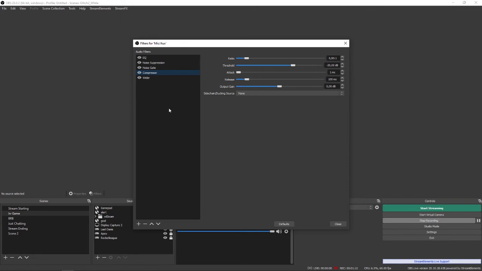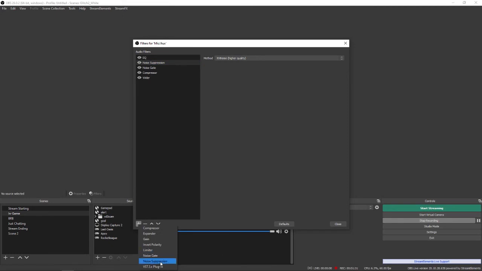If you're speaking too softly, this will allow your stream mic audio to be boosted to keep to a consistent rate so that the stream can always hear you, so you don't sound like you're just fading away into the background. So let's get started. First things first, you're going to pick the little plus icon here and